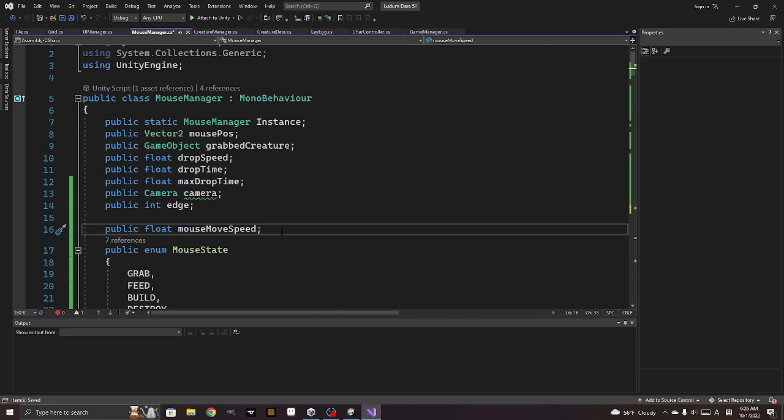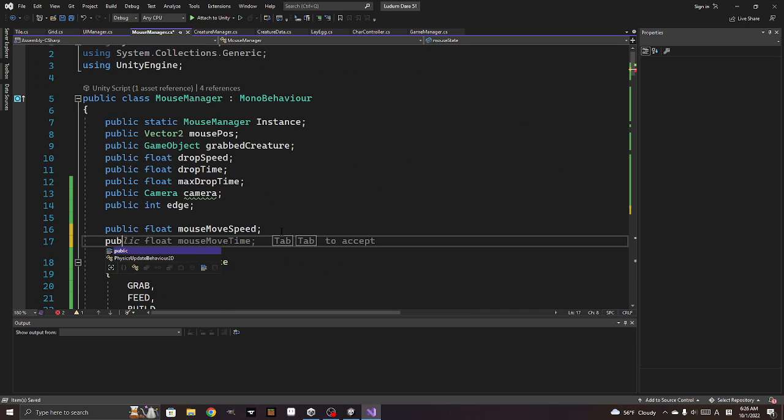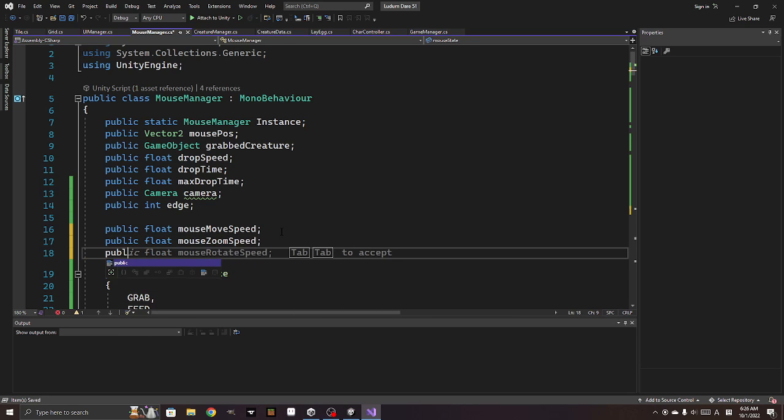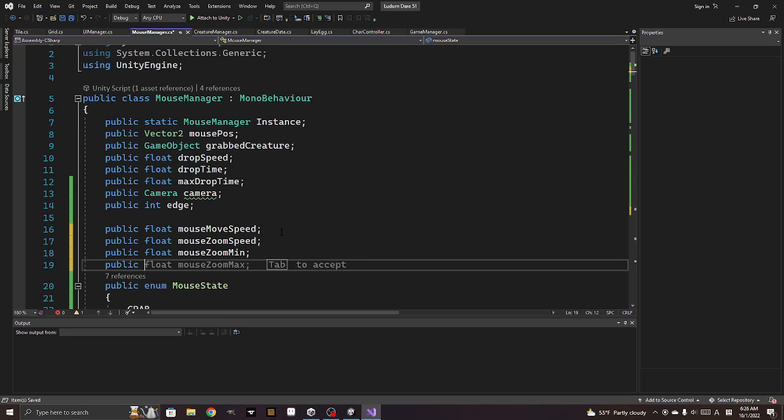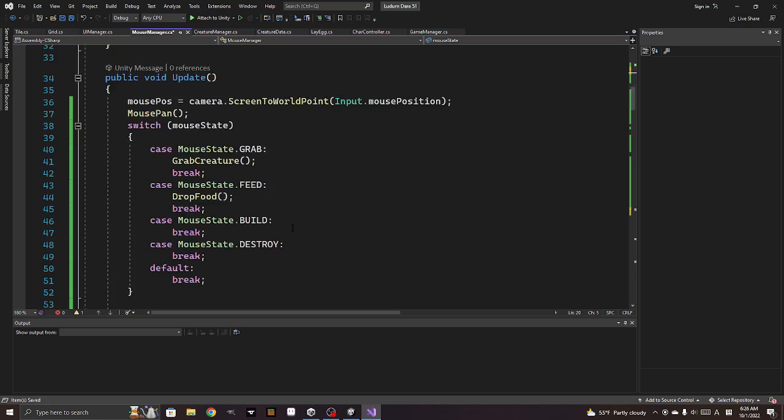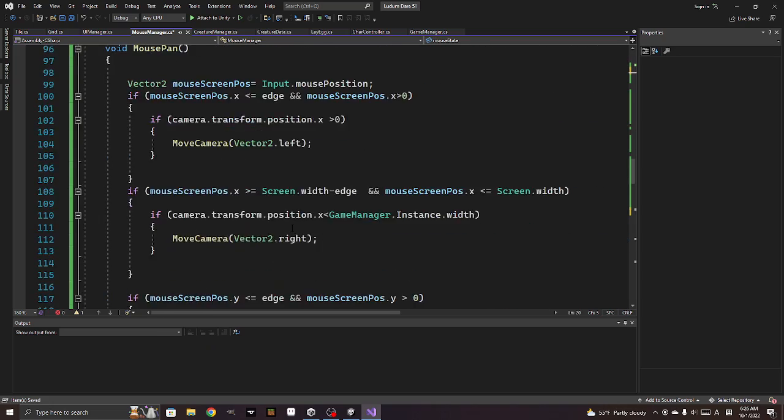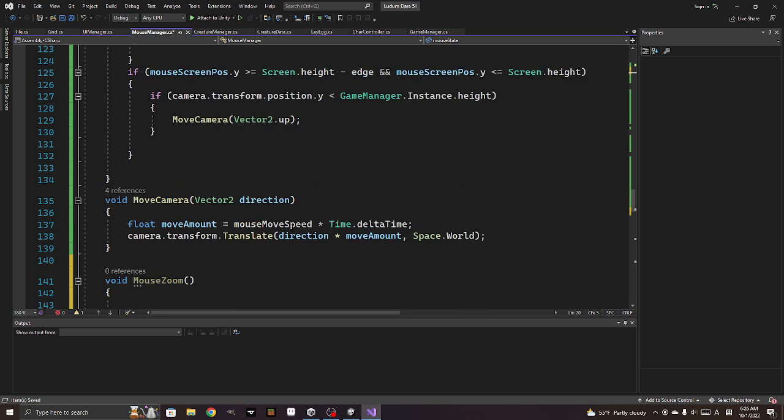We're going to say public float mouse zoom speed. Public float mouse zoom minimum. Public float, yep, zoom max. Alright, so what we want to do is